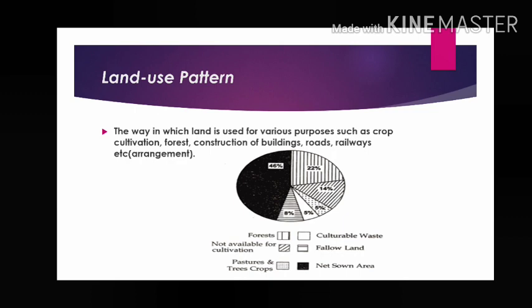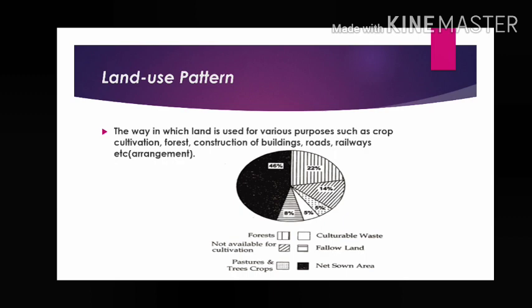Now come to the next, that is fallow land. 8% of the total land area of India is coming under fallow land. Fallow land means it is already rejected, it is left, there is no economic activity, there is no chance of crop cultivation. That is called fallow land. When you go to 10th class, we will discuss in detail about them. Now in 8th class, no need to read more about this, because it is not directly included in your syllabus for 8th class. When you go to the 10th class, at that time we will discuss in detail.